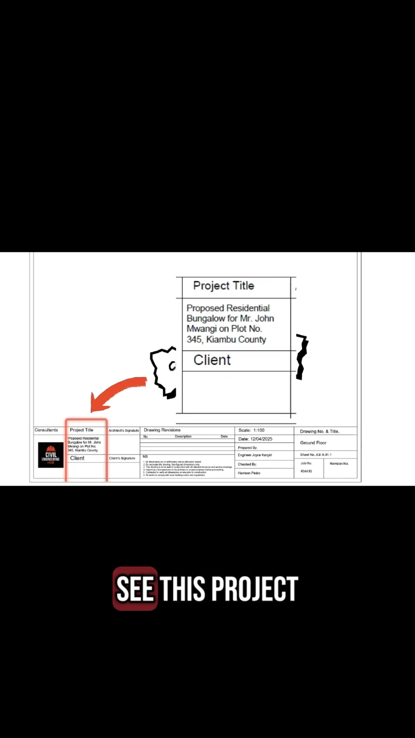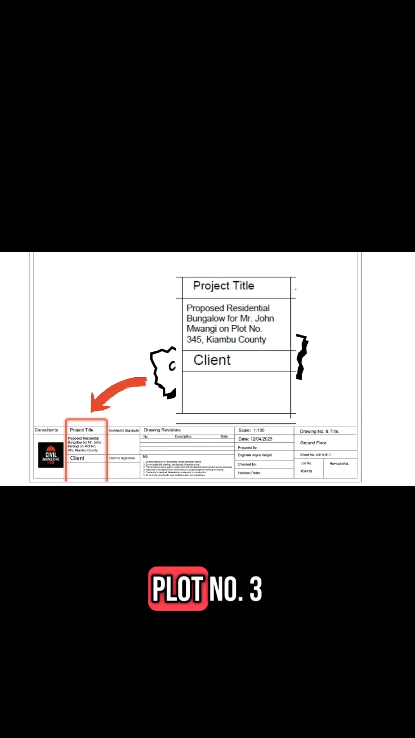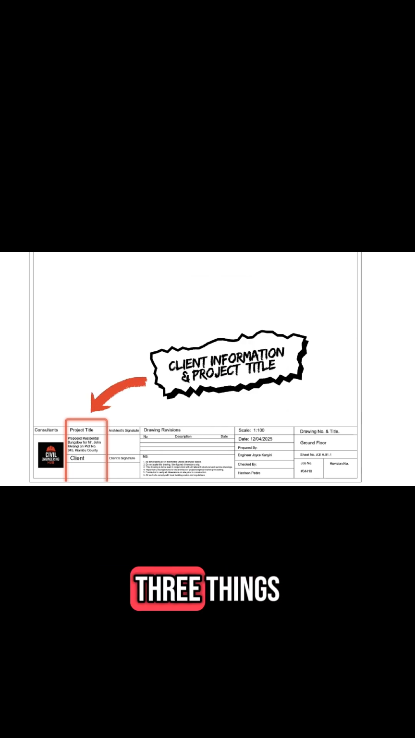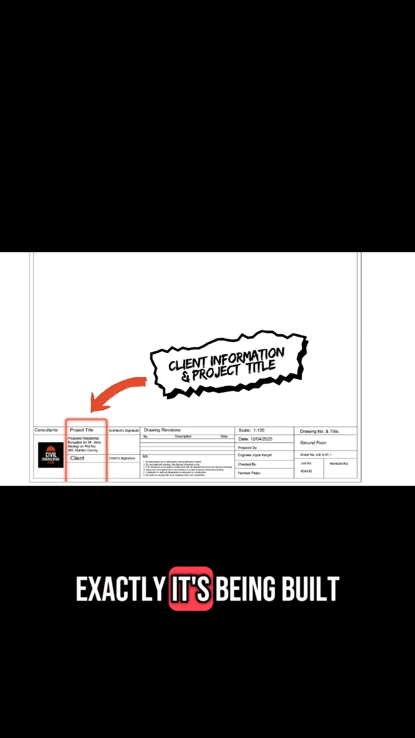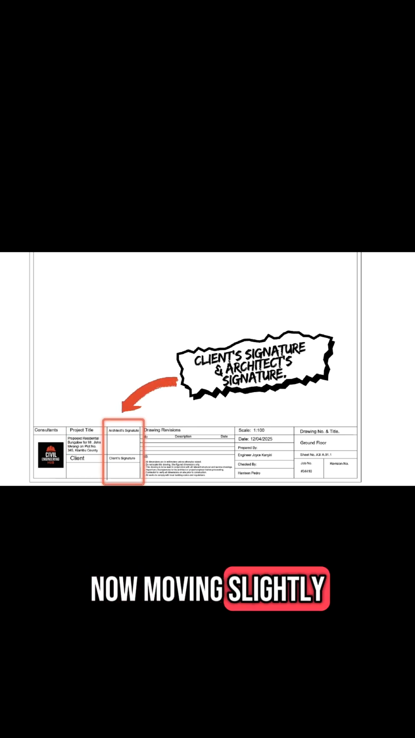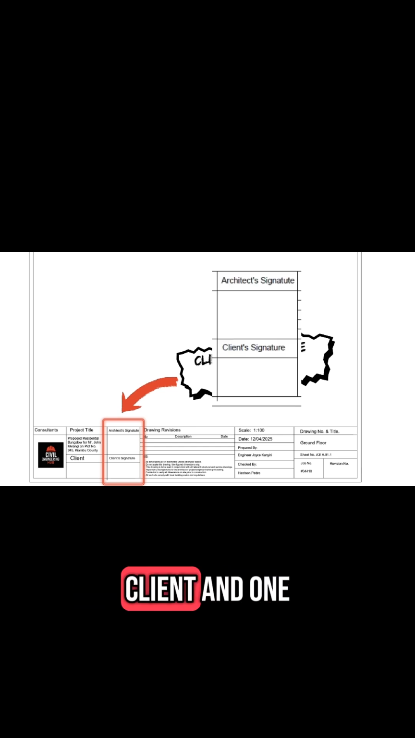Here you can see this project is for Mr. John Mwangi, and it is a proposed residential bungalow located on plot number 345, Kiambu County. This section answers three things: who the project is for, what type of building is being built, and where exactly it's being built. Now moving slightly to the right, we have the signatures, one for the client and one for